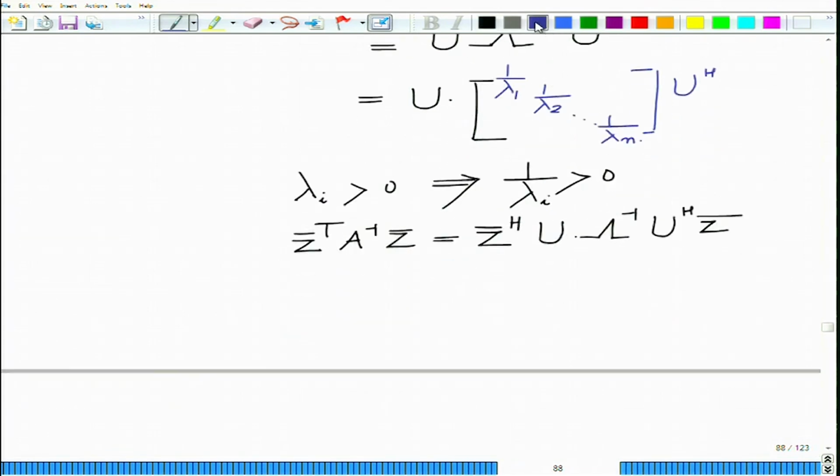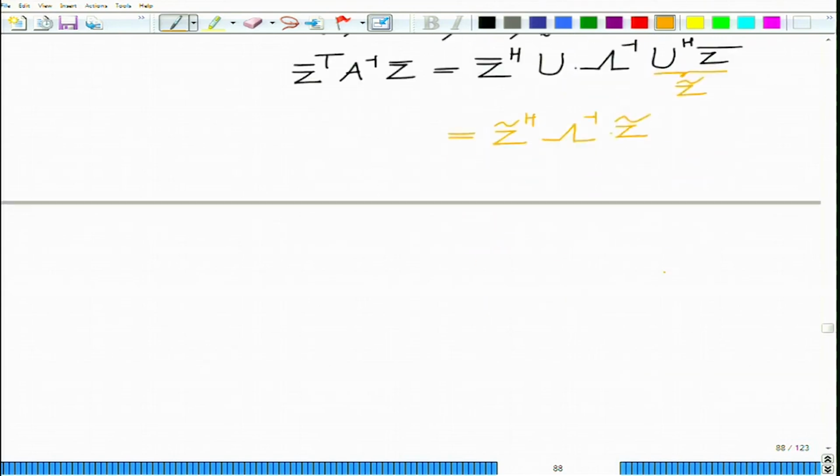Now, if we set U Hermitian Z bar equal to Z tilde, then this will become Z tilde Hermitian lambda inverse Z tilde, which is equal to